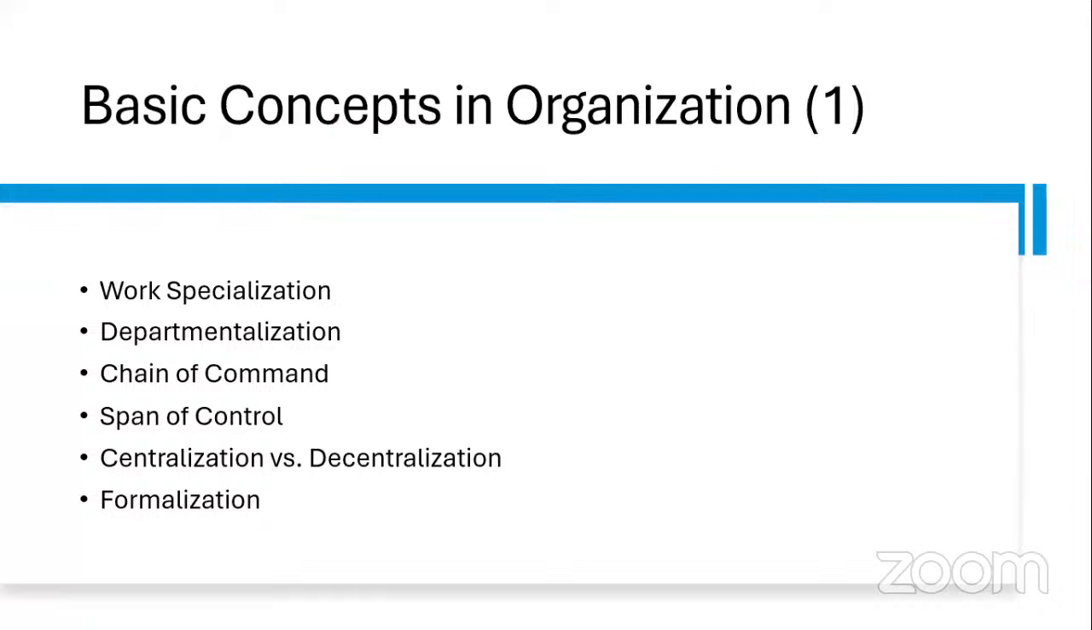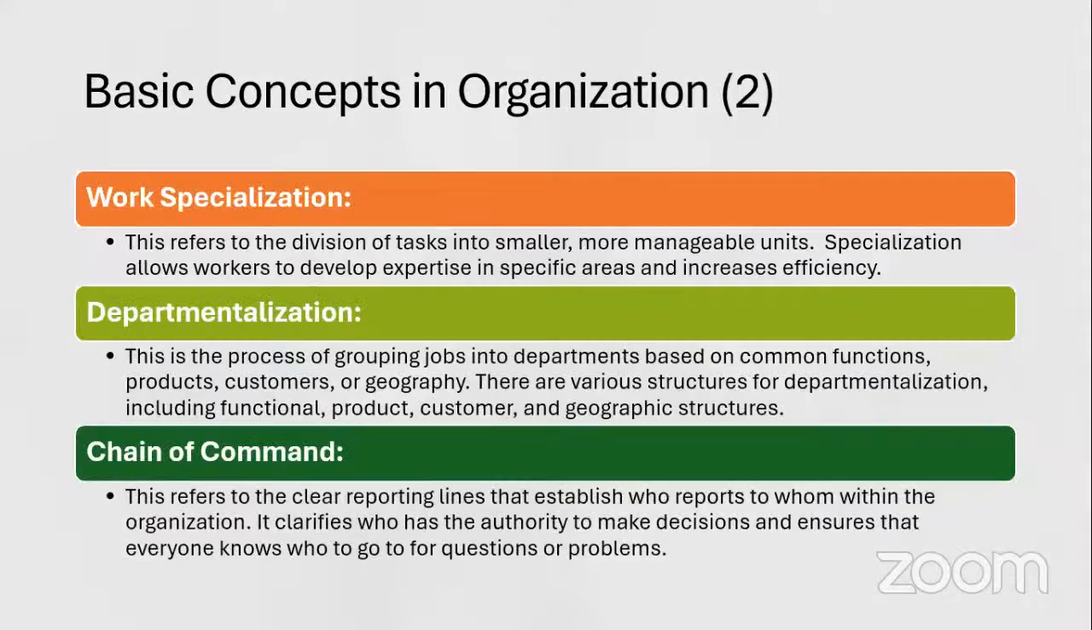Now, basic concepts in organization. You have work specialization, departmentalization, chain of command. These are the basic concepts you hear in organizational design. Then span of control, centralization versus decentralization, formalization versus standardization, and all of that. Now, on work specialization, this refers to the division of tasks into smaller, more manageable units. Specialization allows workers to develop expertise in specific areas